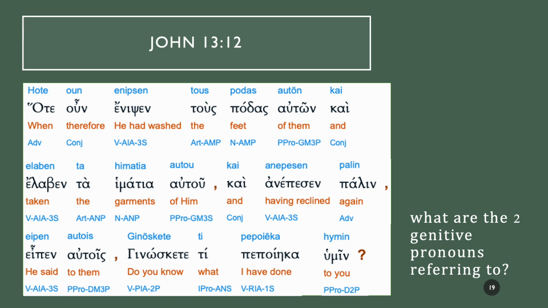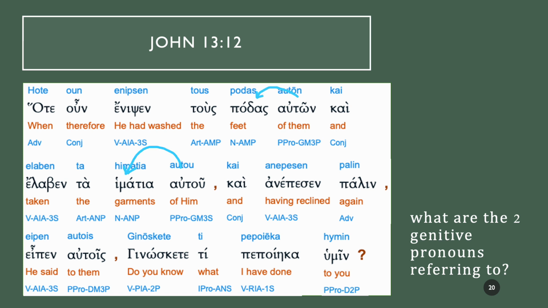On this page, there are also two genitive pronouns. Can you tell what they are referring to? Two different things they're referring to. Again, pause the video now for time. You'll probably need a bit more time on each of these questions. I'm not expecting you to get them all, and I'm deliberately asking slightly tougher questions, by the way, because we're moving on to level 3, and if you've been with us for levels 1 and 2, it is time to step it up a bit. So I'm giving you some tough questions, so do hit the space bar and pause it and give yourself the time you need.